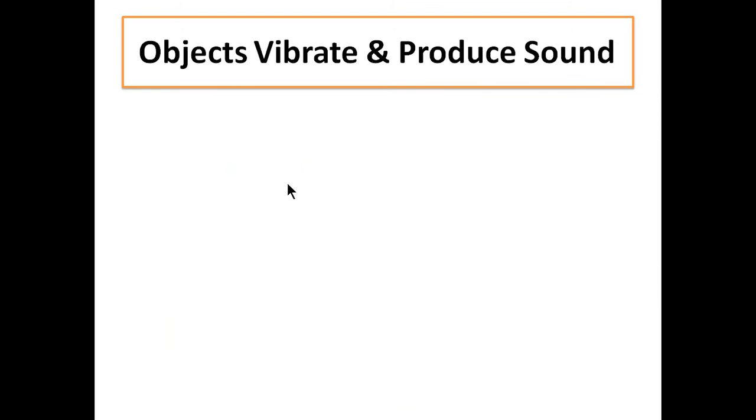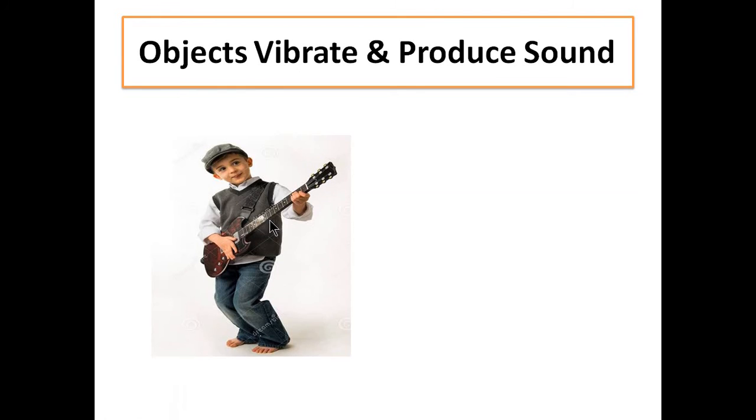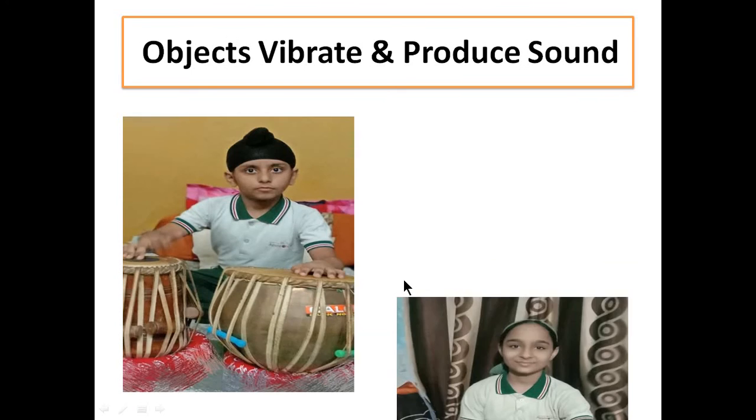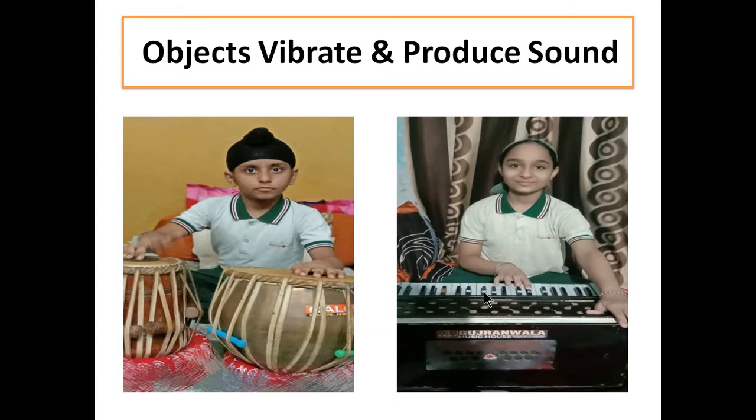Today in this chapter we are learning about sound produced by humans, and that sound needs a medium for propagation. As you know, sound is produced by different vibrating bodies. For example, stretched strings vibrate and produce sound in a guitar, an air column in the case of a flute, stretched membranes in a tabla, and metal reeds in the case of a harmonium.